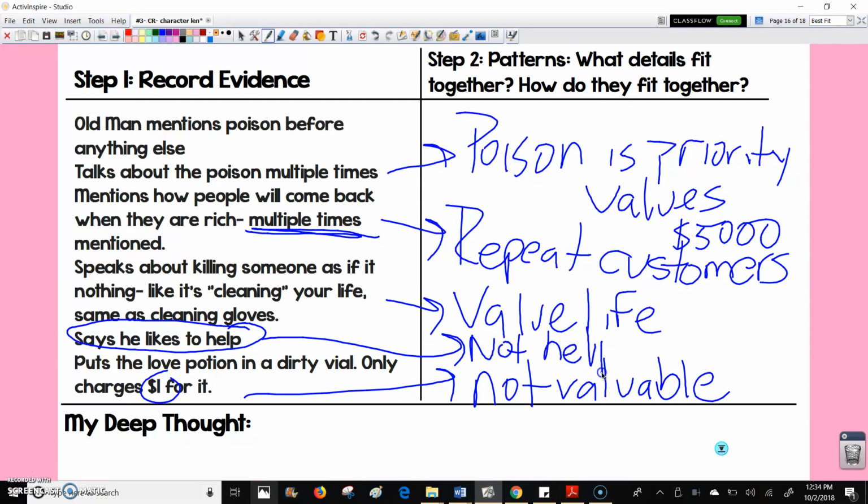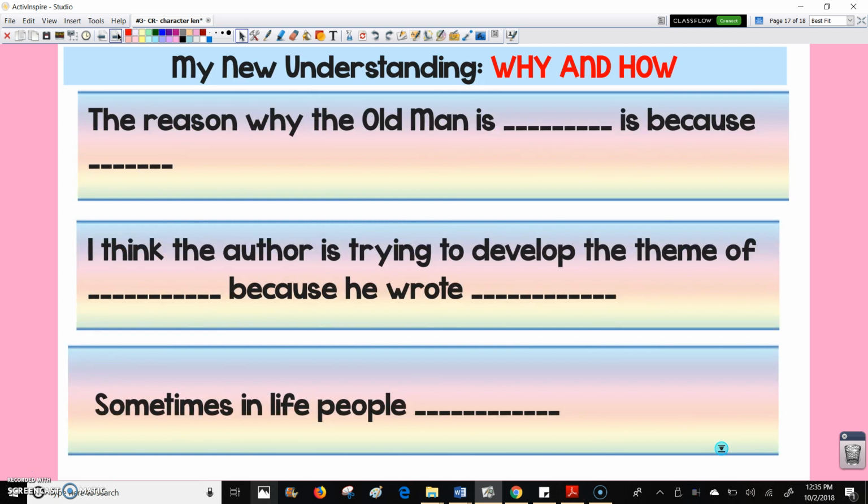All right, so what's some deeper thought that I can get at about the old man? This is the part where I kind of have to see a deeper theme or message. So I know that this story is about love and trying to buy love in the form of a love potion. What is the old man really showing me? All right, the reason why the old man is blank. So what is the old man? The reason why the old man is